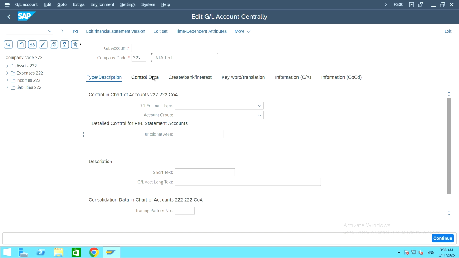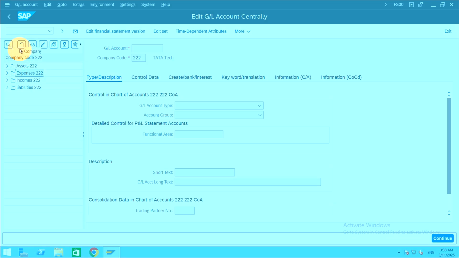Click on create. On the left side of the screen you have the create symbol. This is where a page symbol will be. This is called create. Click on create